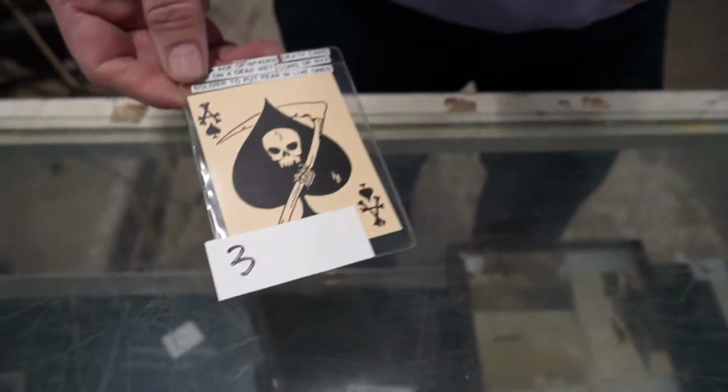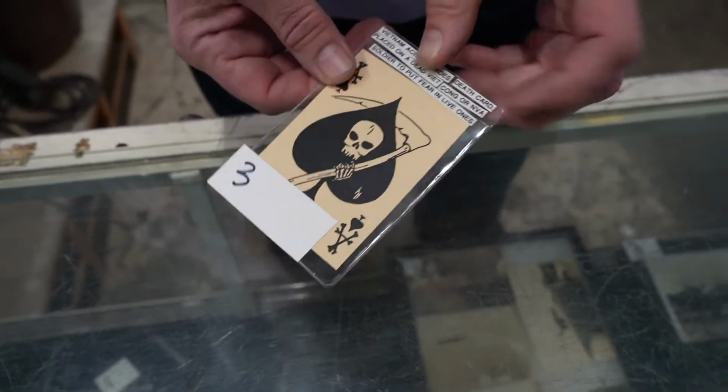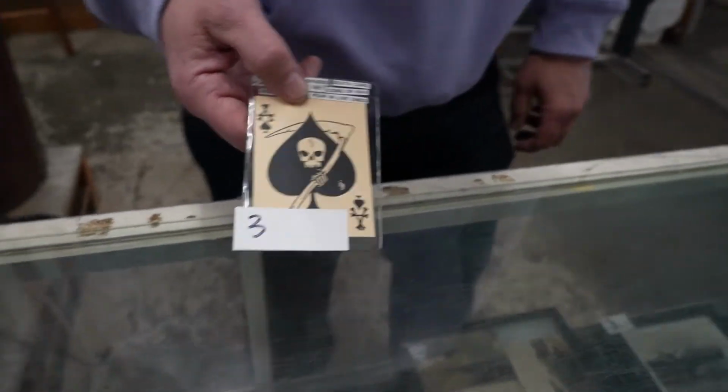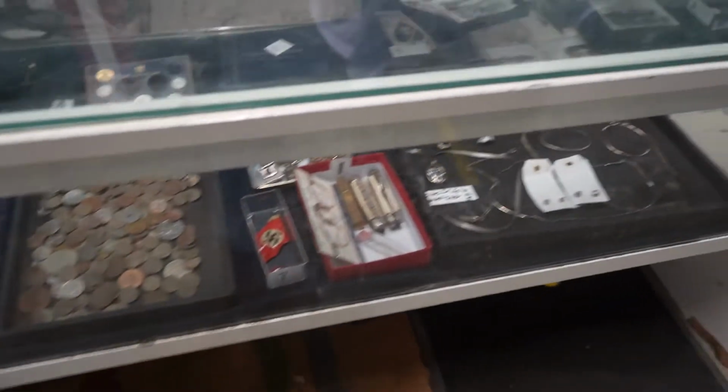What's that card thing? It's got to be a reproduction. It's like Vietnam War, 101st Airborne guys would leave these on the bodies of the Viet Cong, like, coming for you next. Yeah, it's kind of cool. I think these are neat. These little pictures,